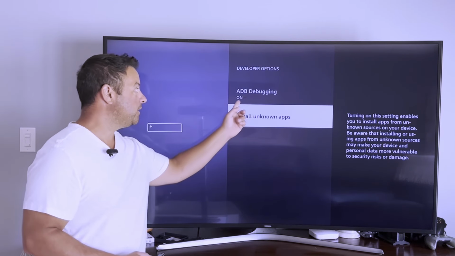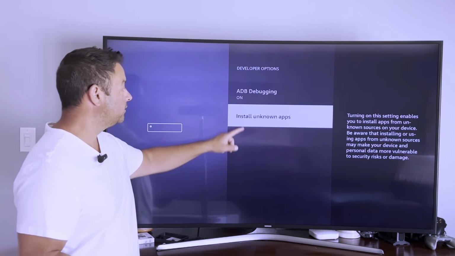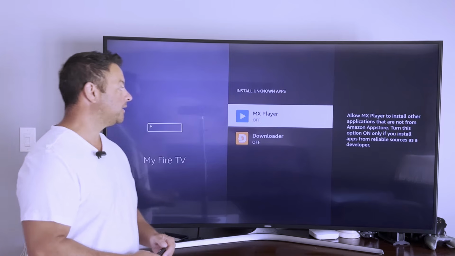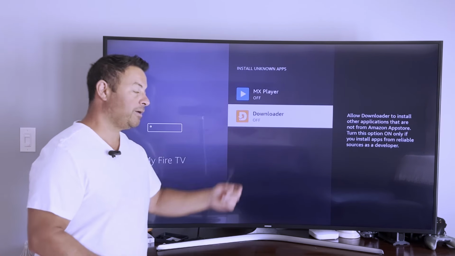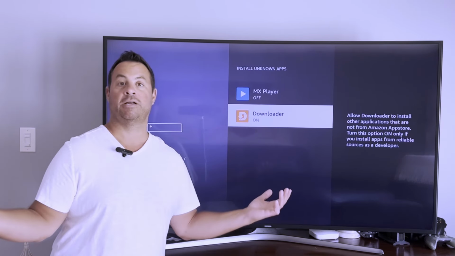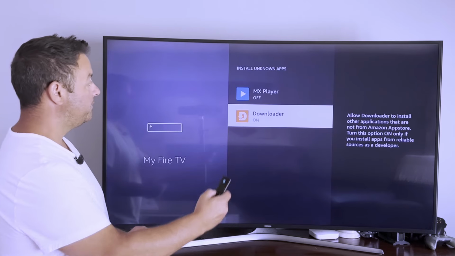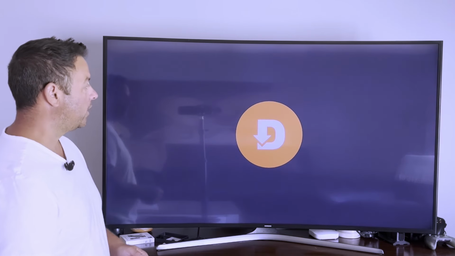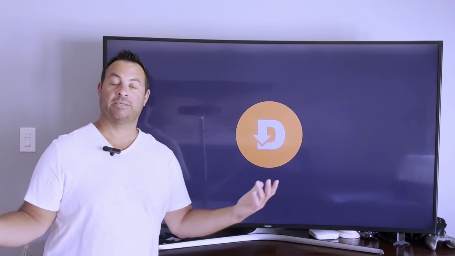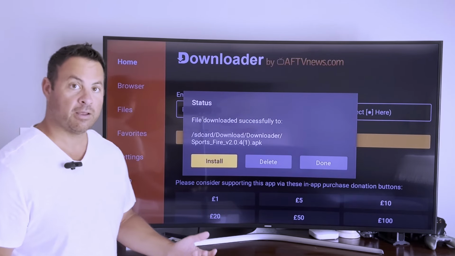Here our ADB debugging is on. Perfect. Install unknown apps. Select it. Highlight downloader and turn it on. Done. Piece of cake. Going back out once, back out twice, and it goes back to the installation section of